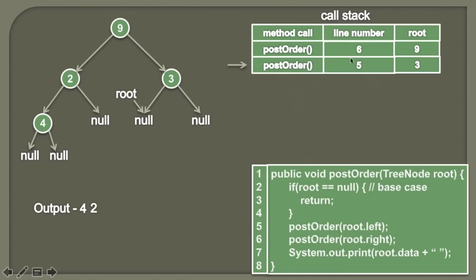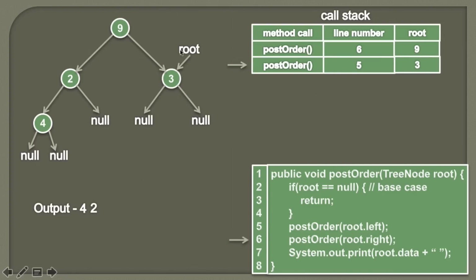And we know that we had left this post order method from the line number 5. So therefore we'll again start our execution from the line number 5 with the root as 3. So currently root is pointing to null, so now it will point to 3. So we are starting from line number 5 and now root will point to node 3. Moving ahead. So at the line number 6 we will call post order method again and we'll pass the value as root.right,